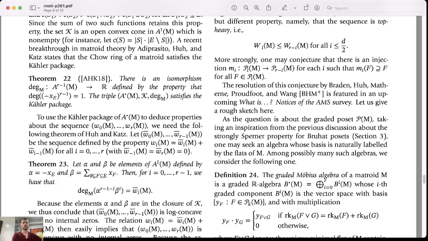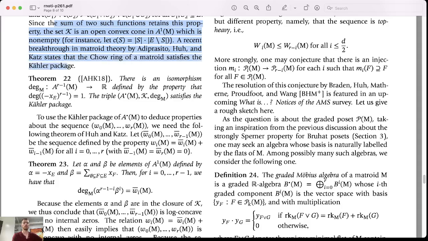Since the sum of two such functions retains this property, the set K is an open convex cone in A1 of M, which is non-empty. For instance, let C of S equals the cardinality of S times the cardinality of E minus S. A recent breakthrough in matroid theory by Adiprasito, Huh, and Katz states that the Chow ring of a matroid